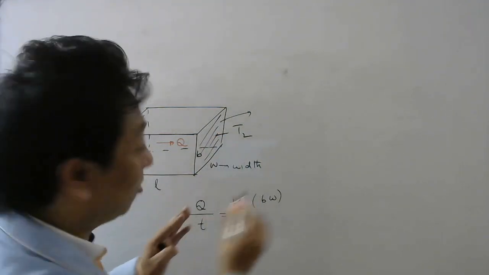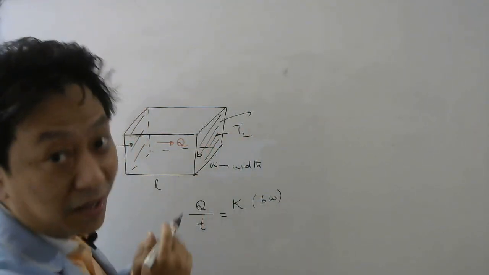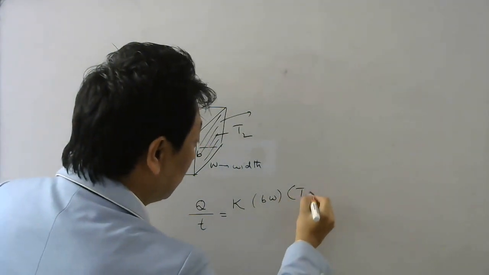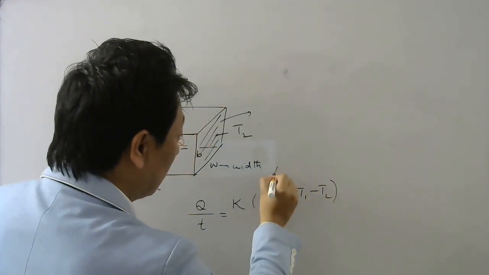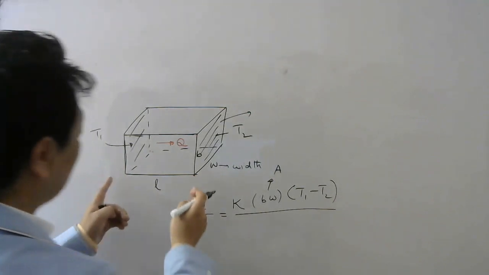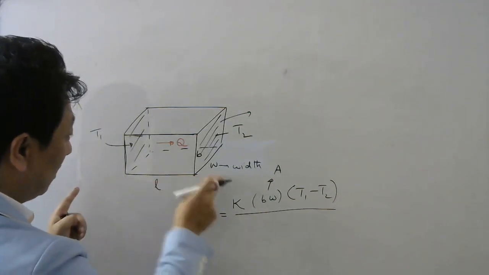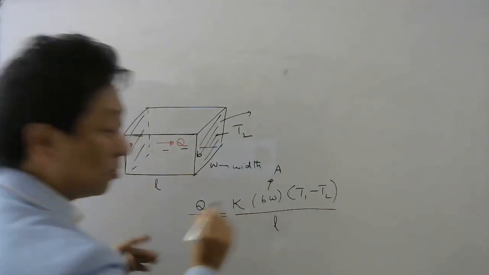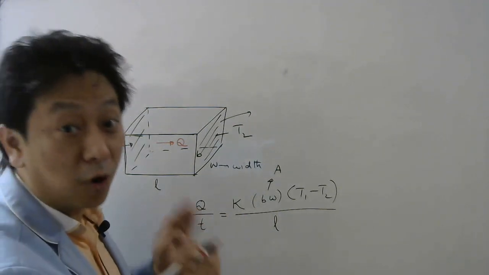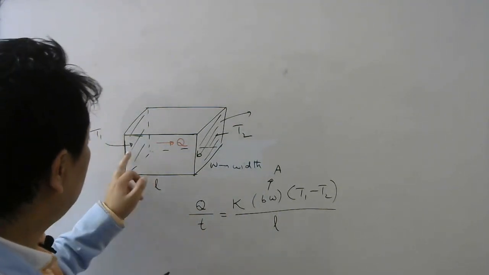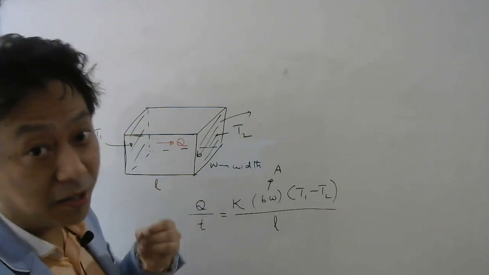I hope it is clear, because from here when you see, this will be a rectangle, into temperature difference, remember this is the area, divided by the length. Which length do I have to choose? This length, because it is parallel to the flow of heat. So this is how we are going to write the formula for rate of flow of heat if these two faces are kept at different temperature.